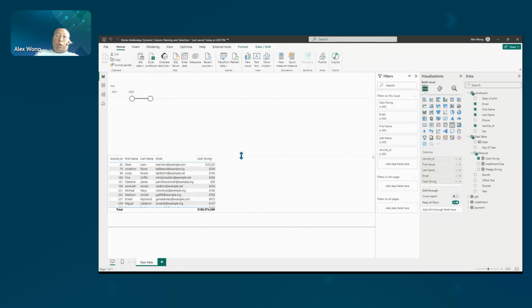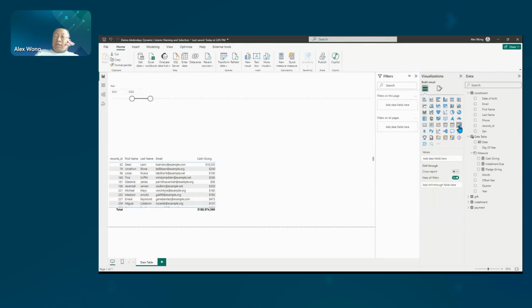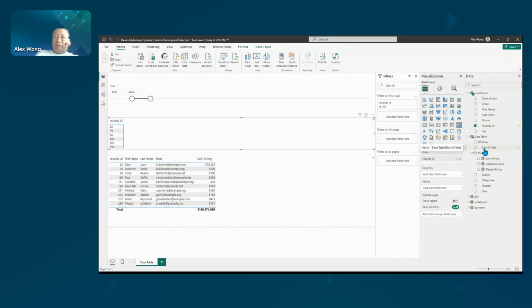So for example, we could do, these are things that you might already know about, but let's go through them as well as we continue here. You could do a matrix, and then you could put in some information on the rows. We want the constituent ID, for example. Records ID, constituent ID, I'm not going to talk about the difference right now, but basically you could do that. And then you could put, for example, the year